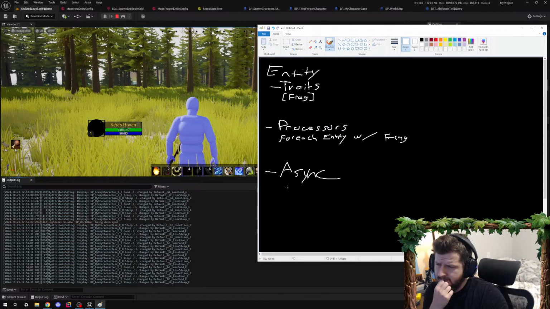And why isn't it hitting? Because it's happening on the game thread. So I'll say async locks whatever frame it's on,